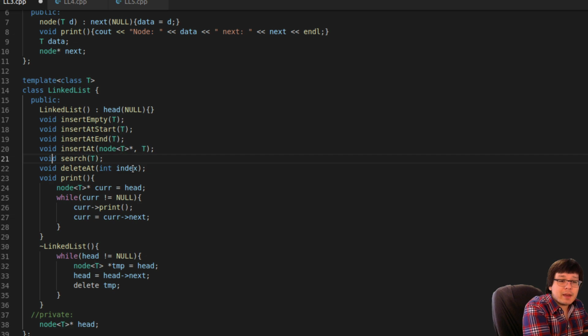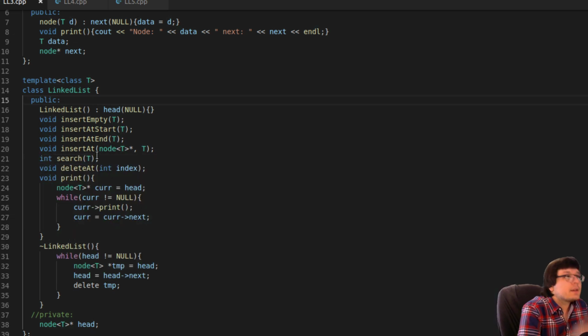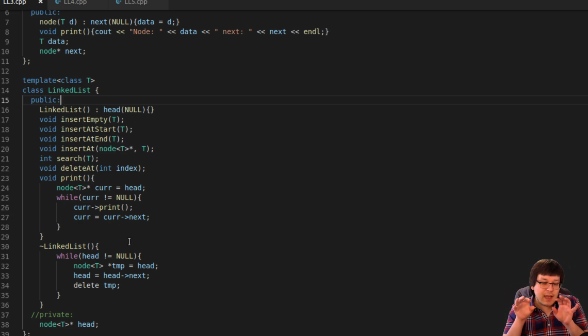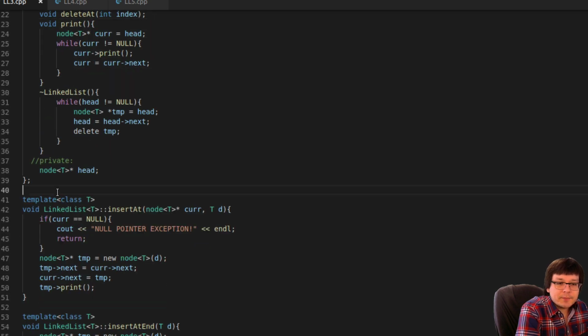But how about we make it value returning? So it returns the index in the return type. And then the delete takes that index. So then our function call to search and delete can be something like delete at, and then inside of that we call the search at function. So yeah, I think that'll work too. It'll be interesting because we always do these void functions, which are kind of boring.